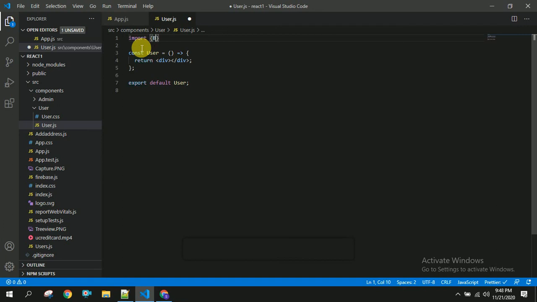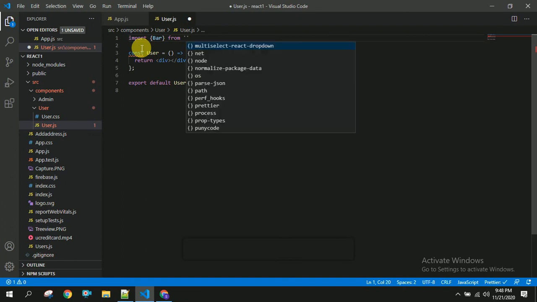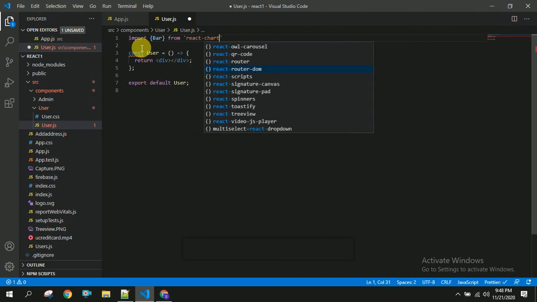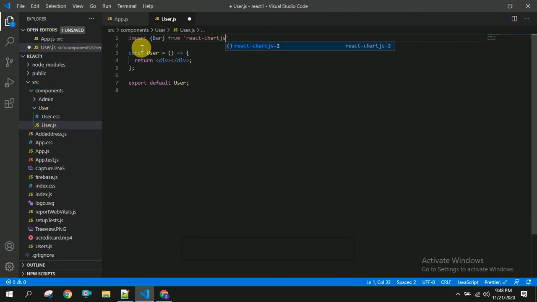I'm using the bar chart, so I'm importing the bar chart from react-chartjs-2. Now I am going to use this bar chart.